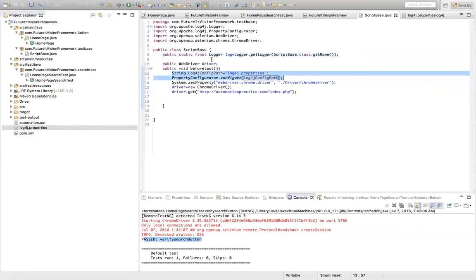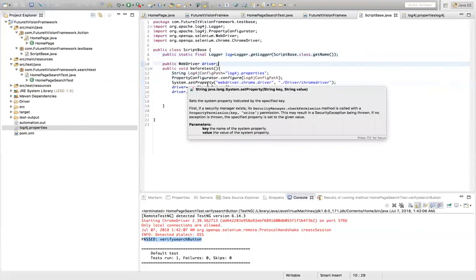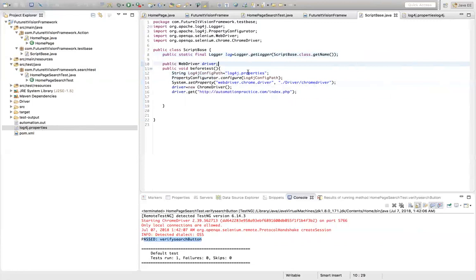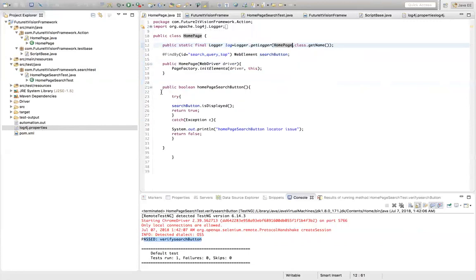You can put before test always. So I put the before test, or you can create a different method and use it. I like to provide right now here. We will be changing it in future. So now go to your home page. Your home page have reusable method. We want to put some information here. How? So we're going to say it